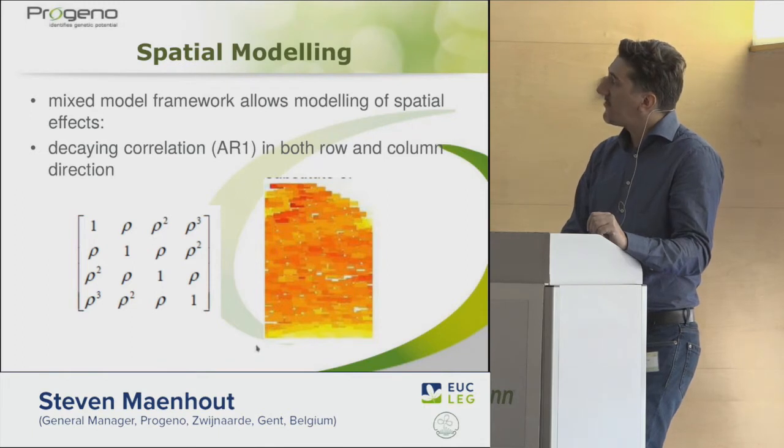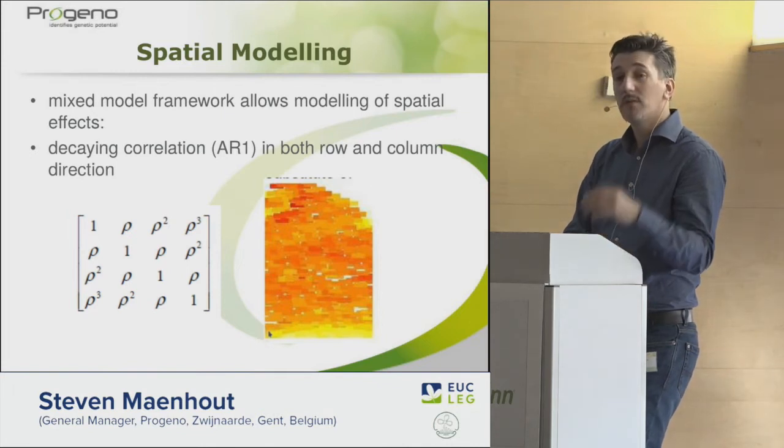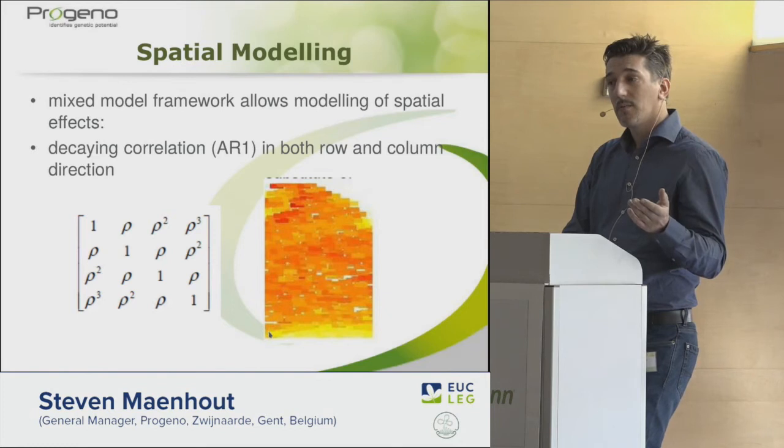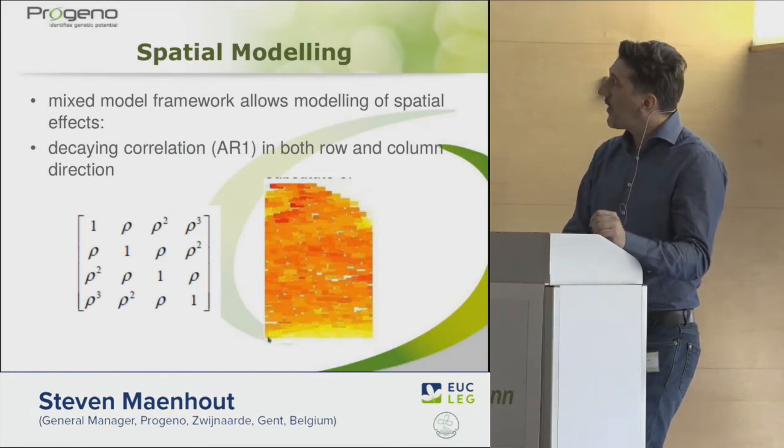Then you can imagine that if we're looking at the row direction, the autocorrelation between the first and the second will be strong. Between the first and the third it will already be much smaller, because the distance is bigger. This is what they call the autoregressive